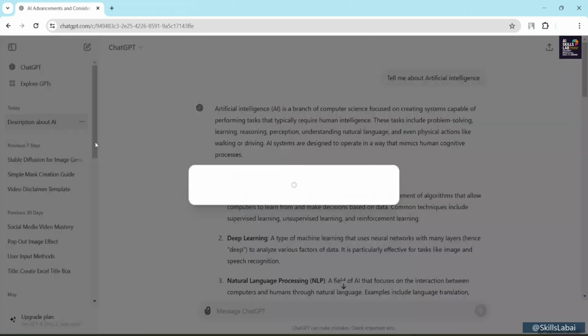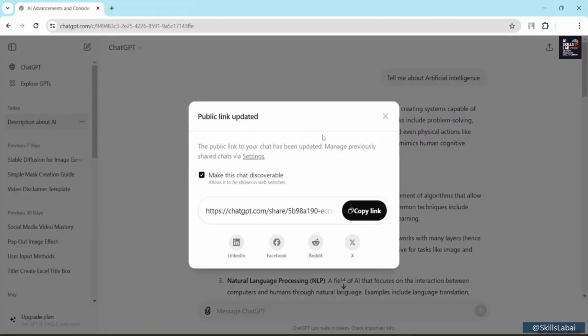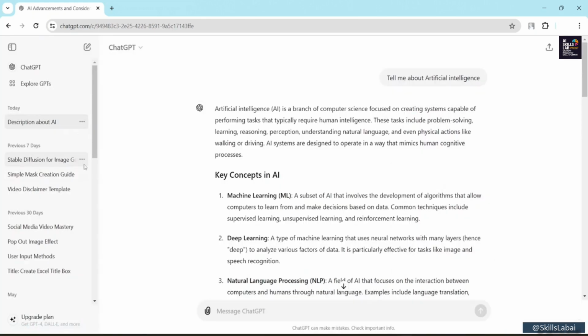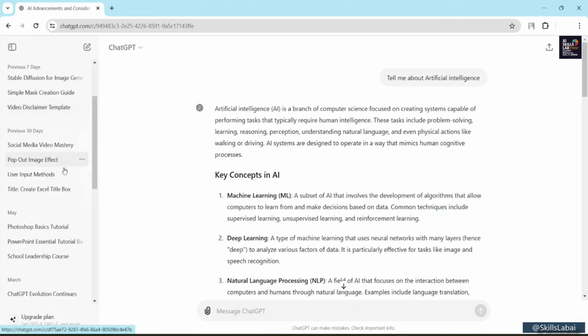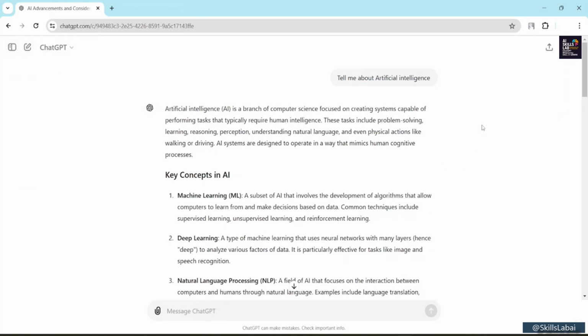Okay, so from here also you guys will be able to share if you do want to. Just click onto the three dots over here, and you guys can just share your file. And let's say from your searches, if you do want to delete anything, I can just delete this one, or if I don't want to save it, I can archive it as well. Okay, and from here, if you do want to close the sidebar, you guys can close the sidebar,